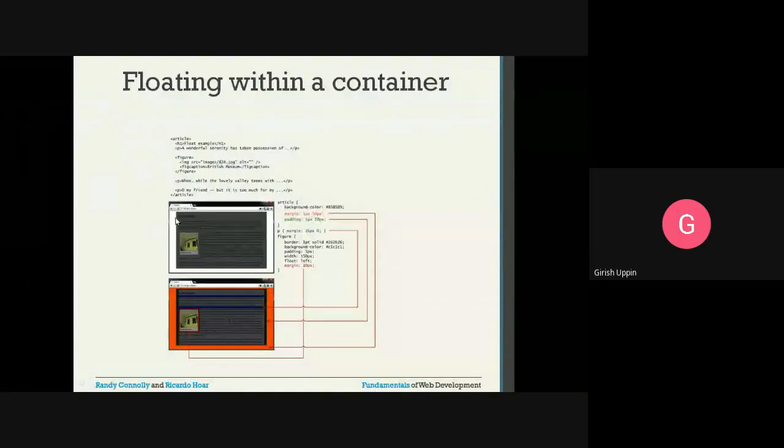For the article, we have set some background color, and there is a margin of 5 pixel, 50 pixel, 5 pixel, and 50 pixel. So you can see 50 pixel, 5, 50, and 5. And padding is inside, from the content area to the box. So that is the padding. So we have a padding of 5 pixel, 20 pixel.